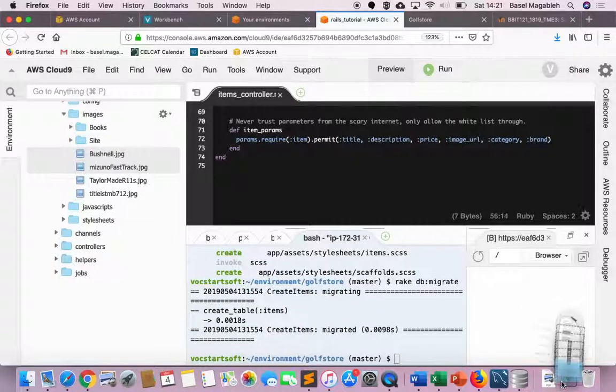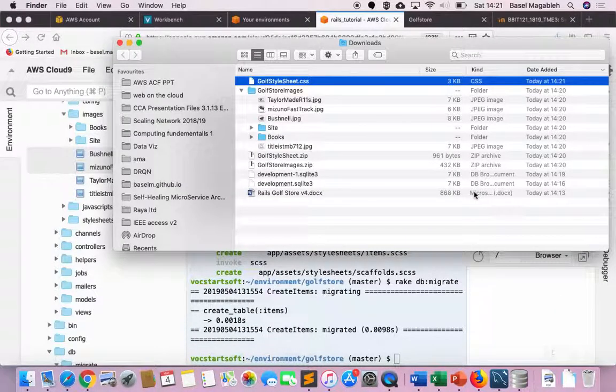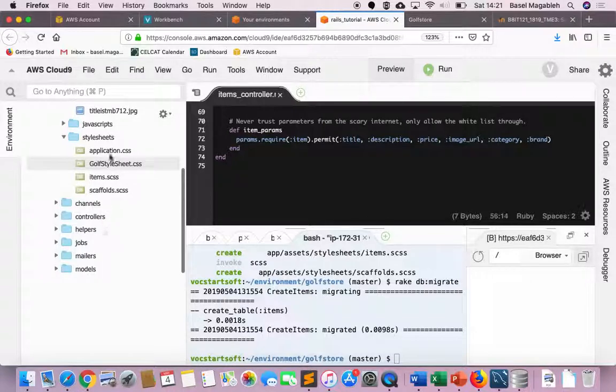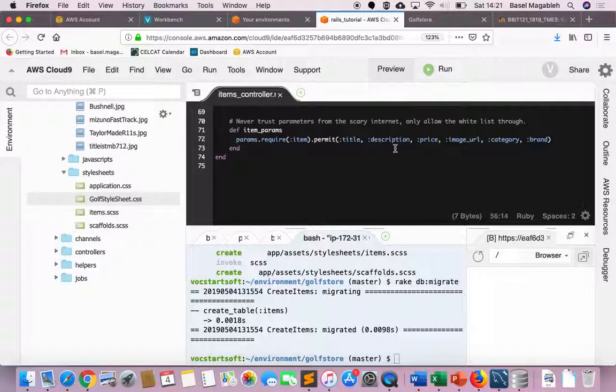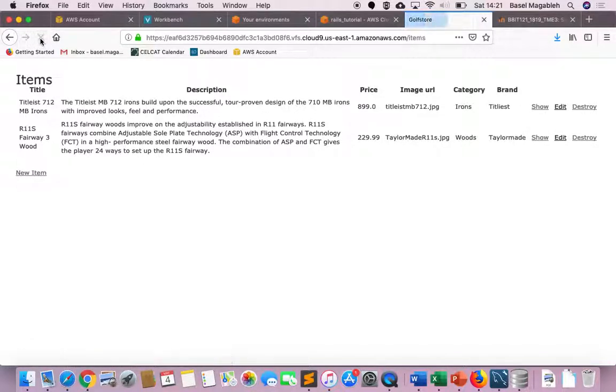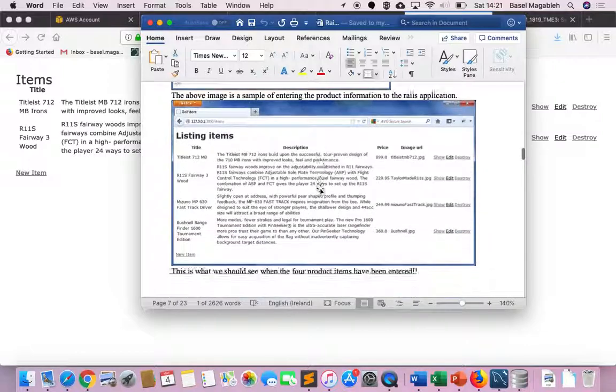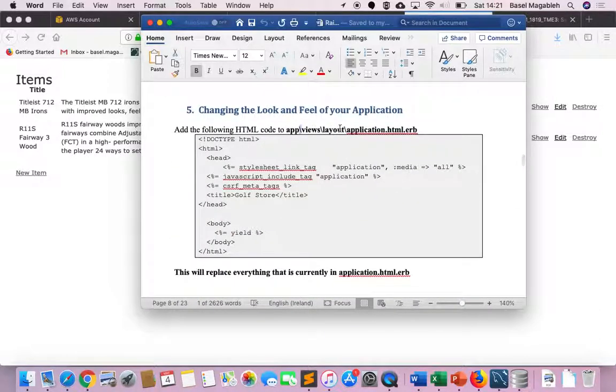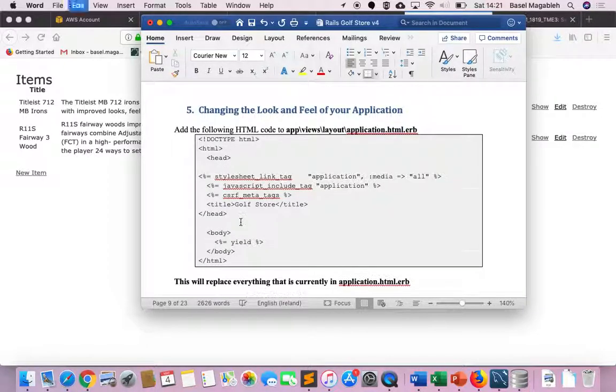And the next thing I want to do is to upload the style sheet. So this will be a Gulf style sheet, and I add it to this folder here in the style sheet. So now I have the Gulf style sheet and I have all the images. Now if you refresh the page, you might see no new modification due to the caching, but we need to update the document, which is what we have in the layout view application.html. We need to update it with this code. So we copy all of this